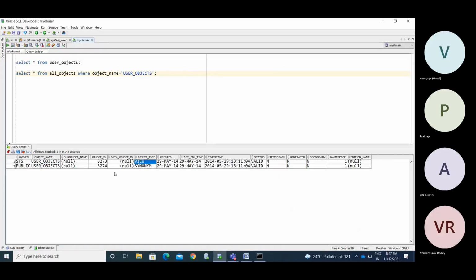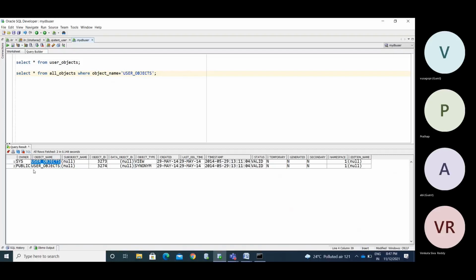Then the SYS user created the object synonym as a public synonym. So he created a view, user_objects, and on top of that user_objects view he created a public synonym.